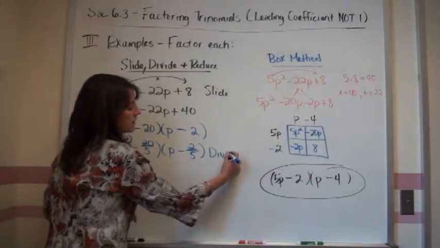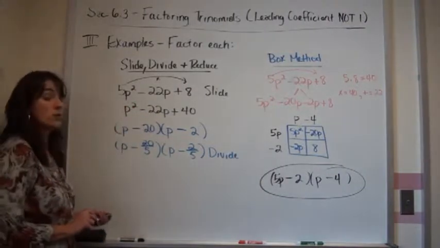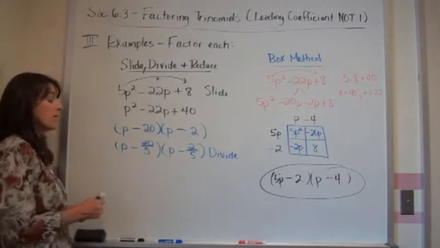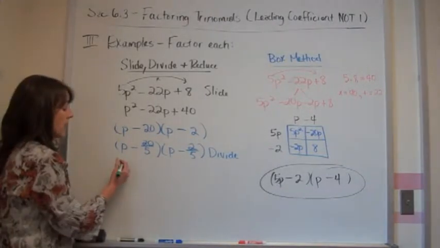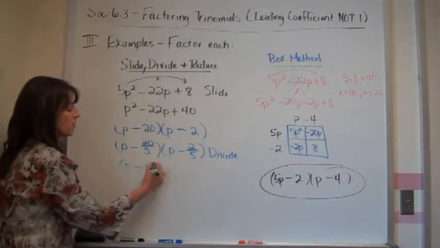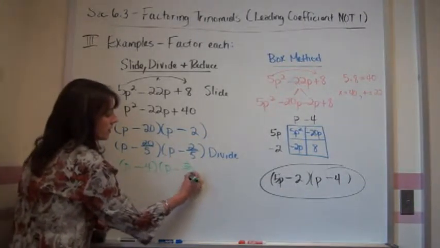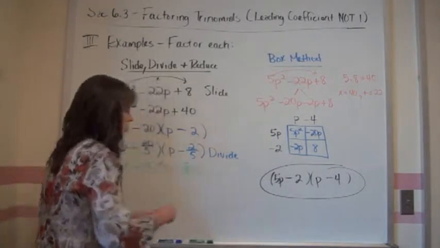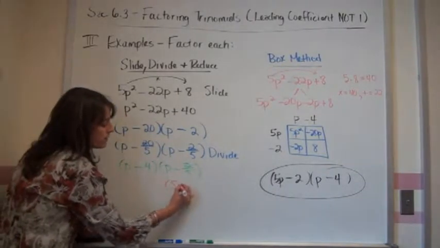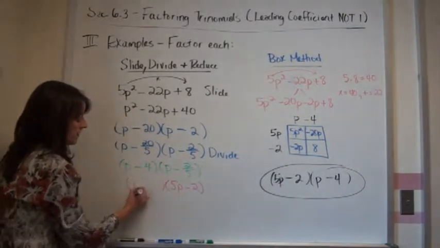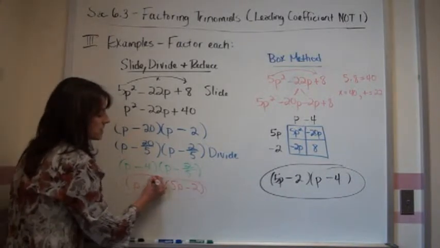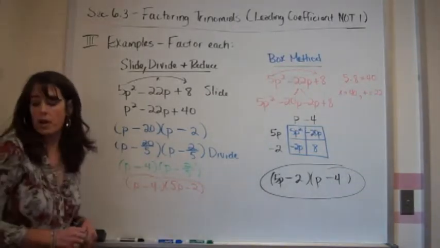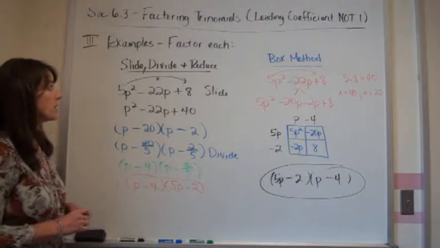There's the divide. And like I mentioned before, that reducing is so important because if I do not reduce here, I'm going to end up multiplying through by 5, creating a much bigger factor than what I should have. So 20 divided by 5 is 4. And then as I look at this, I go, I never have fractions in my answer. So I'm going to clear out that fraction of 5, multiplying everything through by 5. And you can see I've got the same thing all the way through. So there's your methods for factoring: your factoring by grouping, your box method, and your slide, divide, and reduce, and